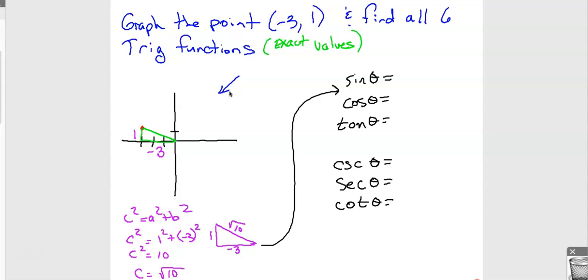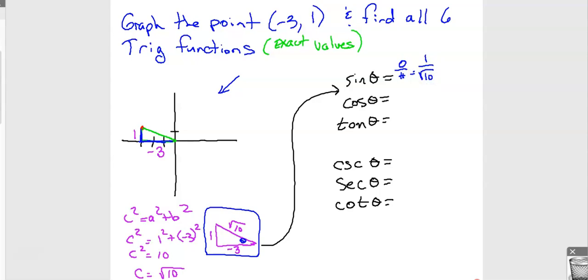Notice I have a triangle where this side here is -3, because I went over -3 and then I went up 1. And then you can use the Pythagorean theorem, so I know I have a triangle like this. And then from there, you can do SOHCAHTOA to find sine, cosine, and tangent. So again, we're trying to find the reference angle right here. There's your theta. So sine is opposite over hypotenuse, which is 1 over the square root of 10,